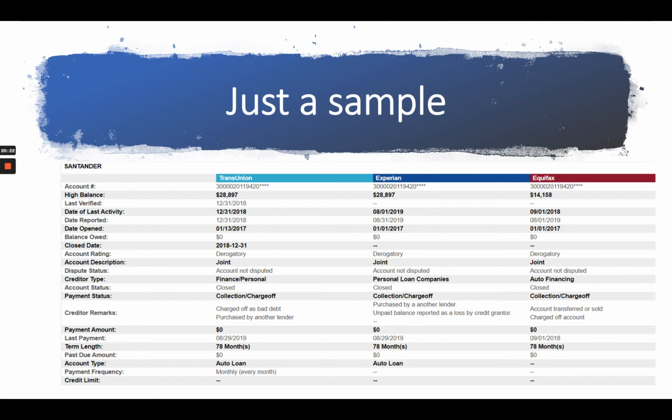I'll just say BSCF, so base segment character field. It's BSCF 24. It is required. Date opened is BSCF 10, and it is required. Balance owed is base segment character field 21. It is required. Close date is going to be base segment character field 26, and it's only required